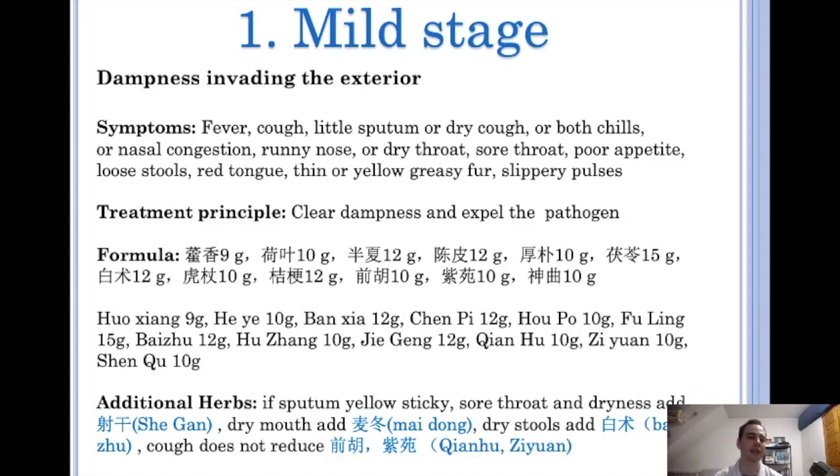So we are going to see all the basic symptoms of dampness and kind of like the common cold, okay? So we are going to have fever, cough, dry cough, chills, okay? Congestion, runny nose, dry throat, okay, sore throat, poor appetite. So in this case it will also affect the digestive system, okay. We have to keep in mind that this virus affects directly the spleen and the lung meridian, okay. So it especially affects these two meridians, okay.